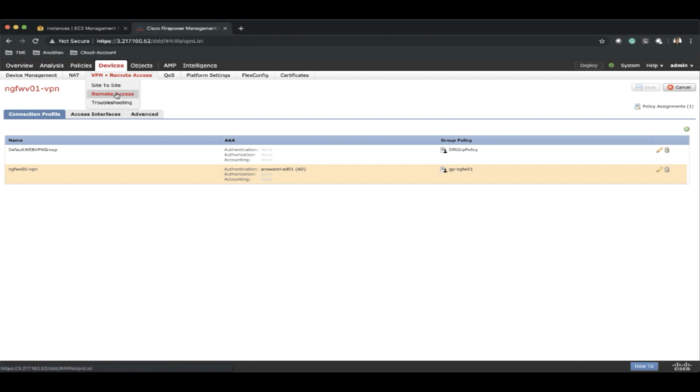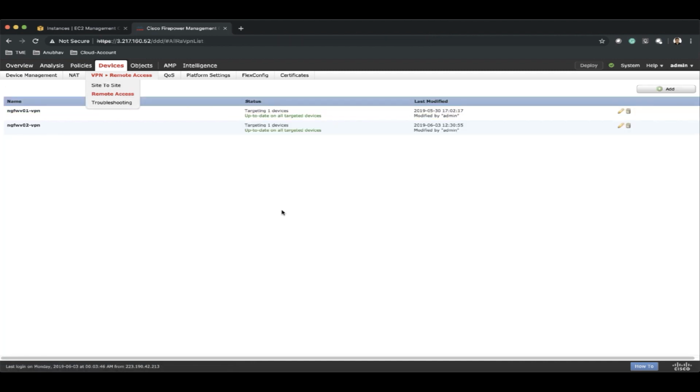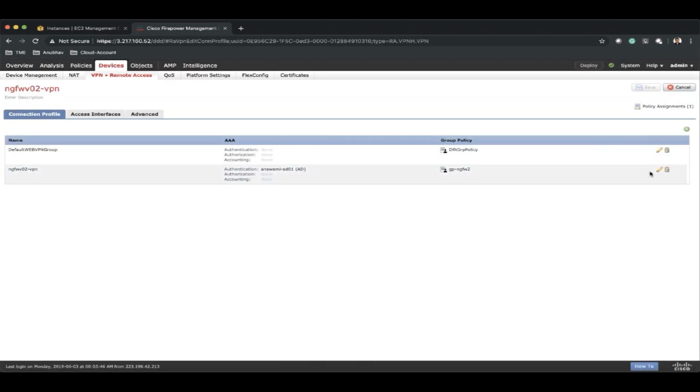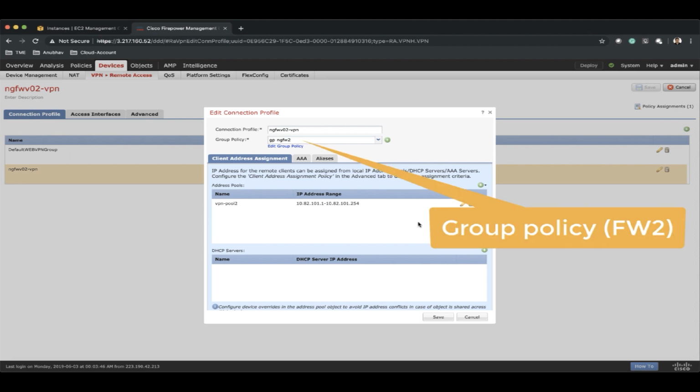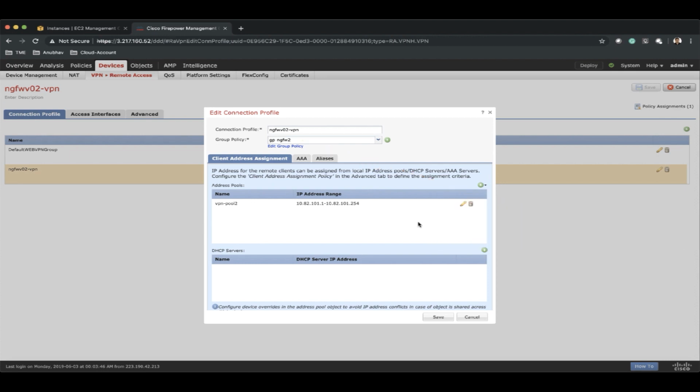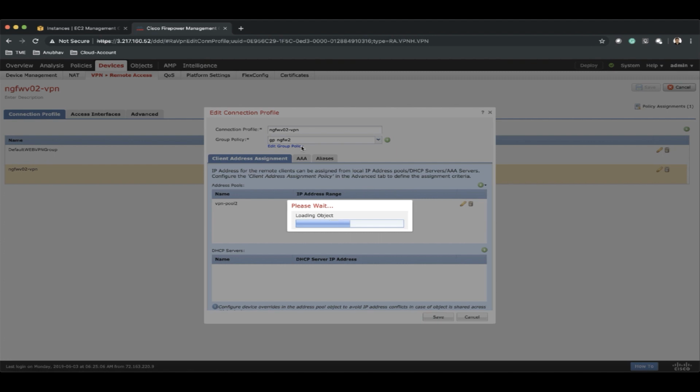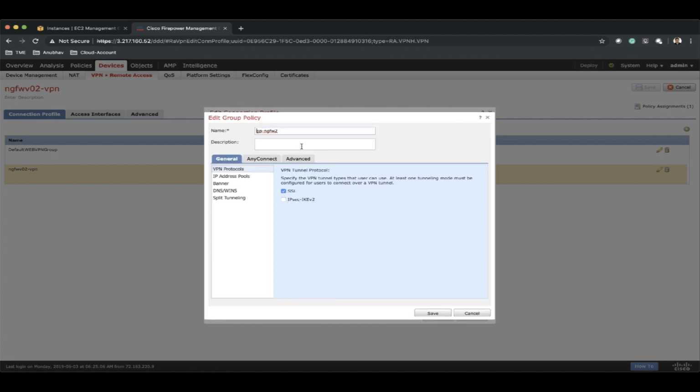I also have a group policy. I'm going to show you group policy when I show you the policy of my second firewall. If you look here on the second firewall, what I see is another VPN pool 10.82.101.0/24, and let me go to group policy as well to show you what exactly is configured inside the group policy. So I'll just show you that group policy, and you can see in my group policy I have an AnyConnect